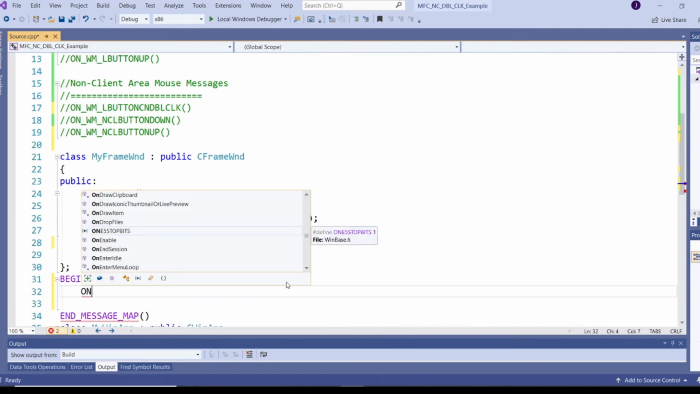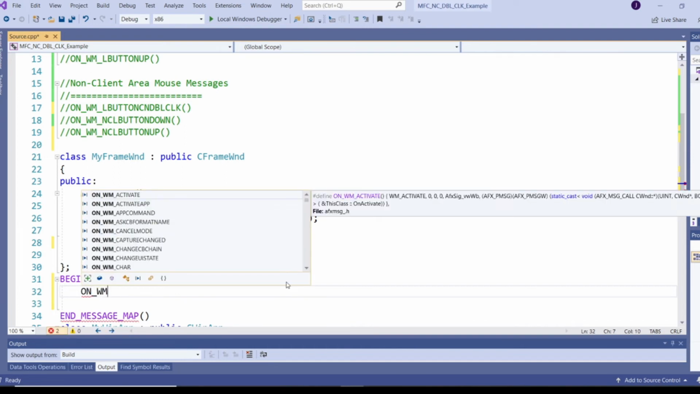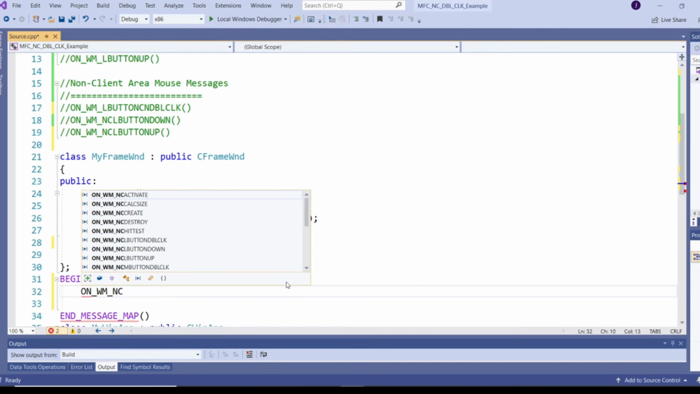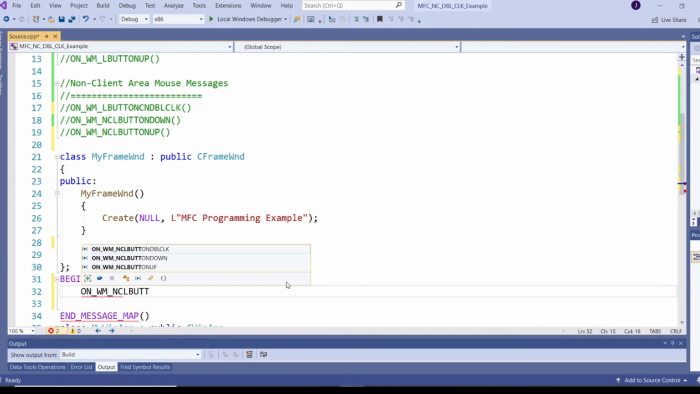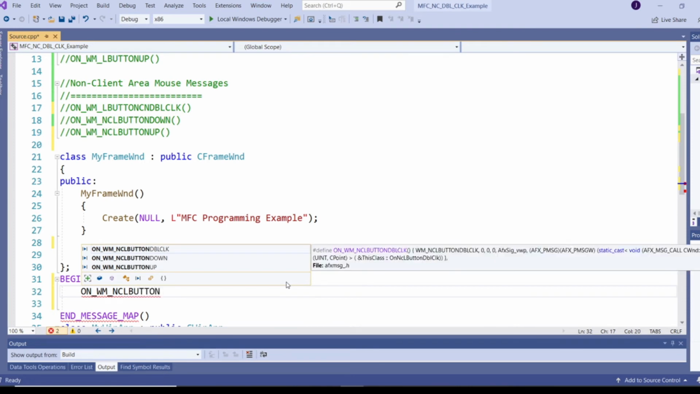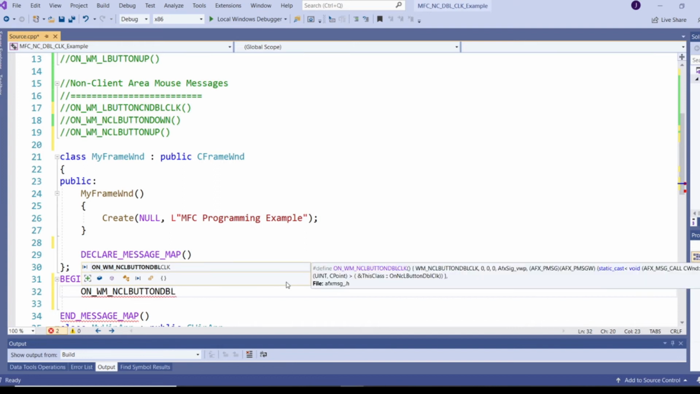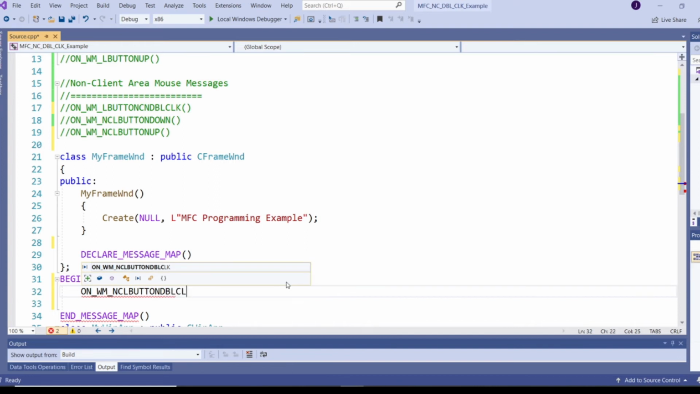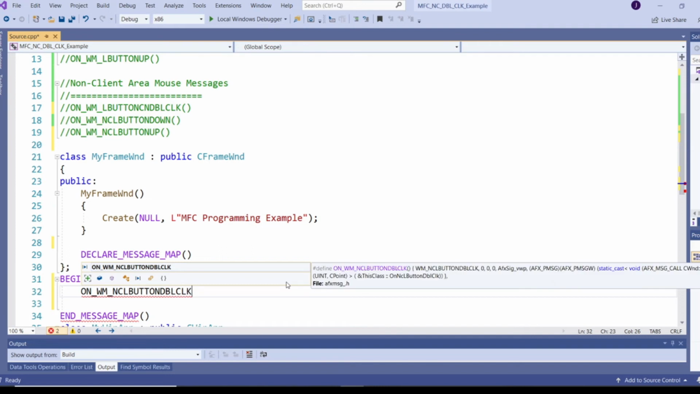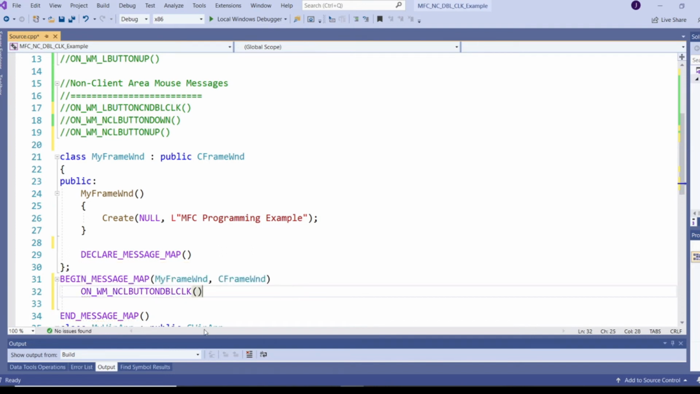ON_WM_NCLBUTTONDBLCLK. And the appropriate handler for this message map macro is